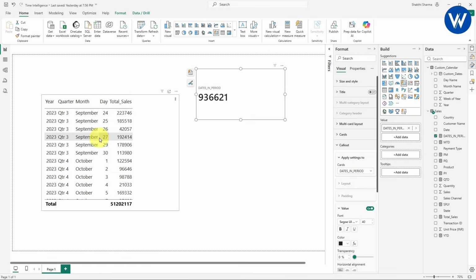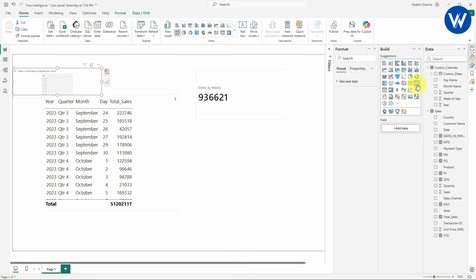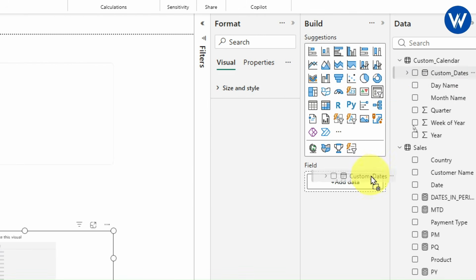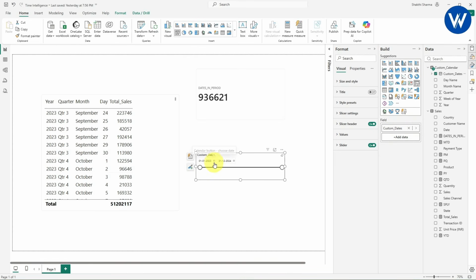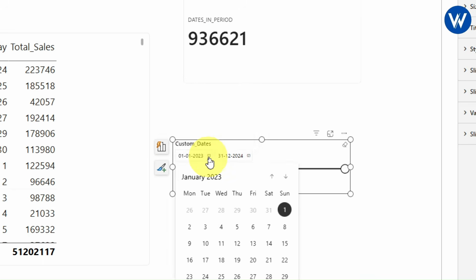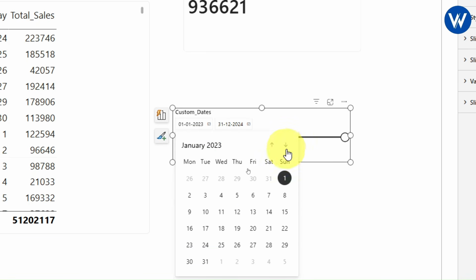Now if you want to see the comparison whether this dates in period measure is perfect or not, I will insert one slicer. Okay. Now in the slicer, I will be taking custom dates. Okay. Perfect. Now I will be giving the range. The range I will select from here, I will click on this button. I want September, right?